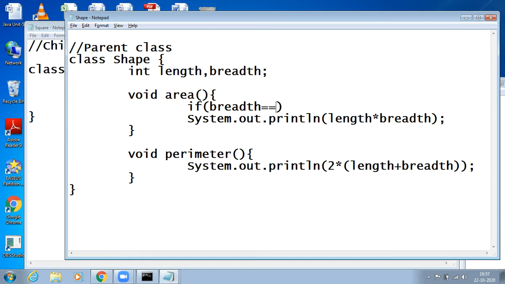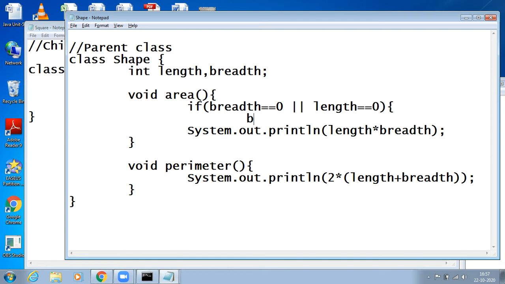For example, if breadth equals 0 or length equals 0, then I want to say here breadth equals length.